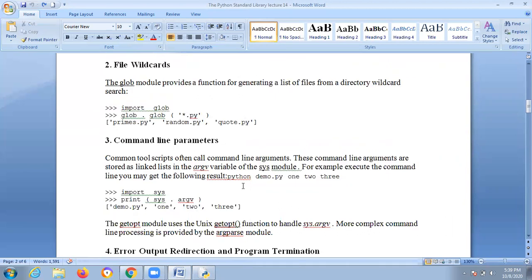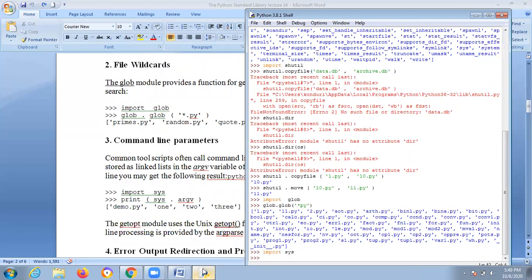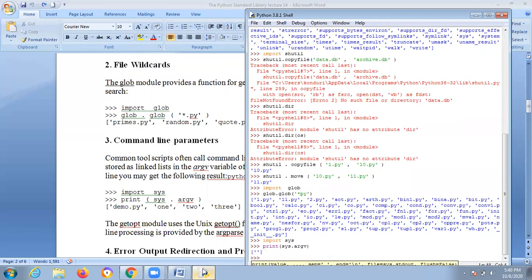Next, command line parameters. Suppose import sys, meaning system, print sys dot argv. Yes, you are not having any arguments, right? That's why it will print like this, just single quotes.